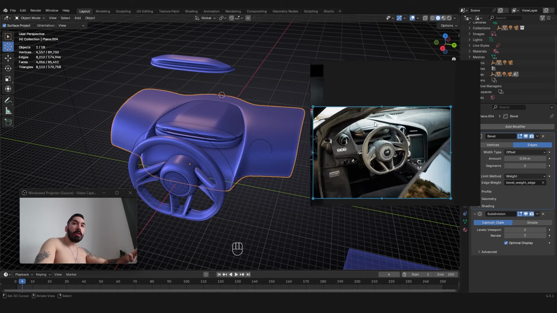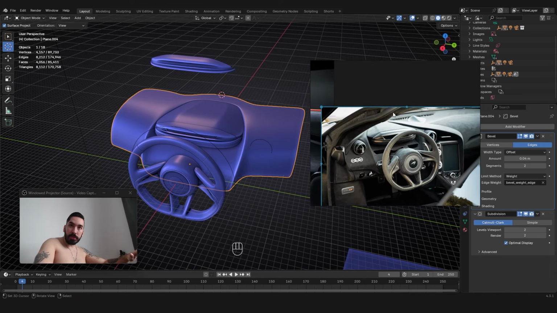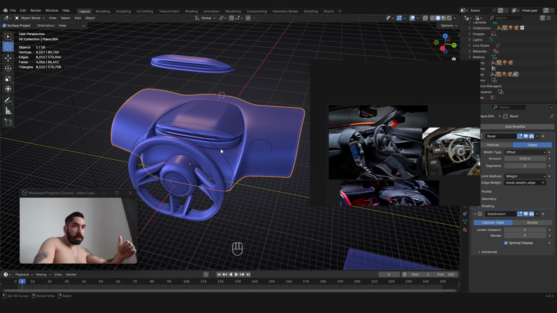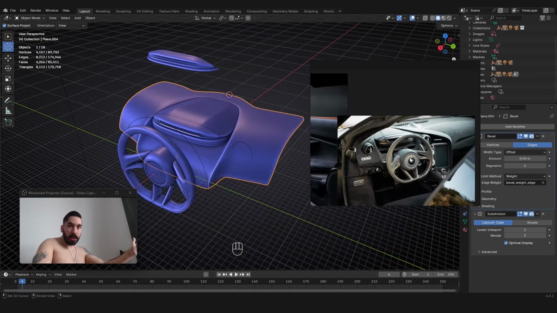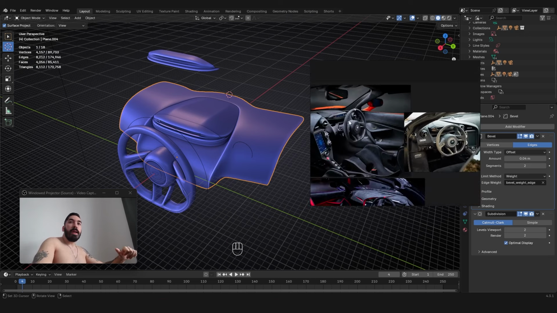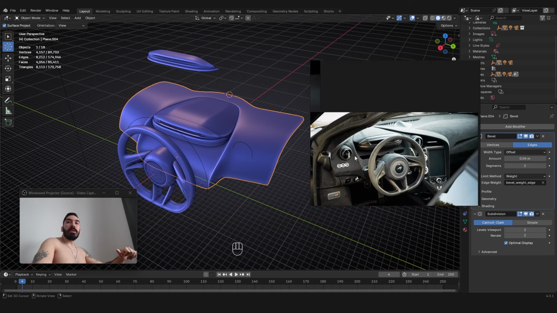I'm making this McLaren interior that you can see in these reference images. I did a live stream yesterday where I was modeling some of the stuff you can see here. I also just did a video where I made the McLaren steering wheel, and this was part of a challenge inside the Digitally Enhanced Club. And now I'm working on these large surfaces on the dashboard, which are just a pain, okay? And I'm going to explain to you why they're a pain. I'm going to teach you how to make this a little bit less of a pain in